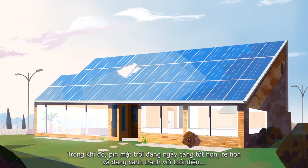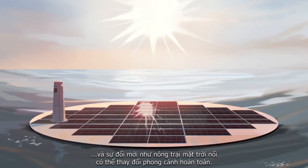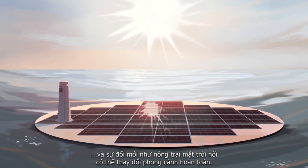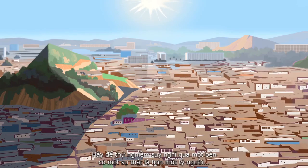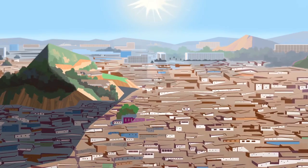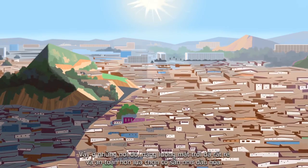Meanwhile, solar cells are getting better, cheaper, and are competing with electricity from the grid. And innovations like floating solar farms may change the landscape entirely. Thought experiments aside, there's the fact that over 1 billion people don't have access to a reliable electric grid, especially in developing countries, many of which are sunny. So in places like that, solar energy is already much cheaper and